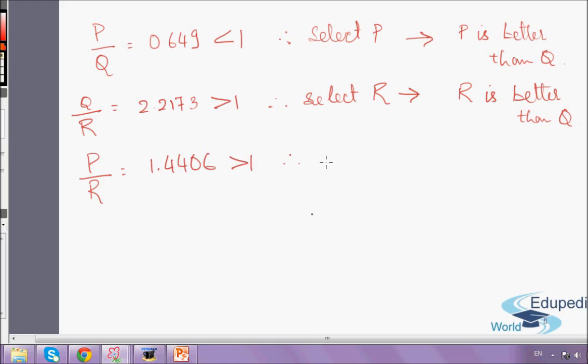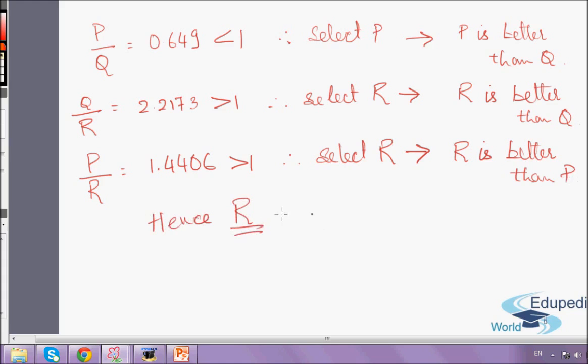Therefore we would select again the denominator, which is the site R. So finally again we selected R. We now say that R is better than P, and therefore we can say that R is the best choice, the best site, followed